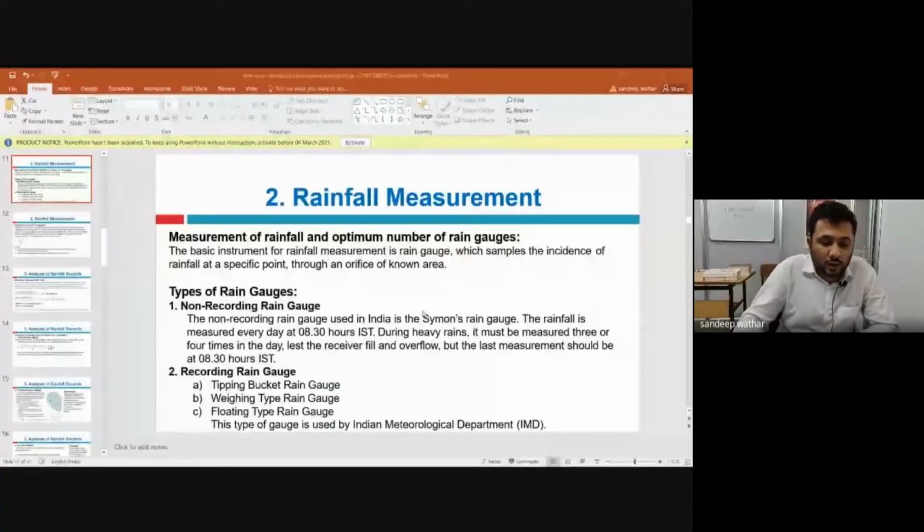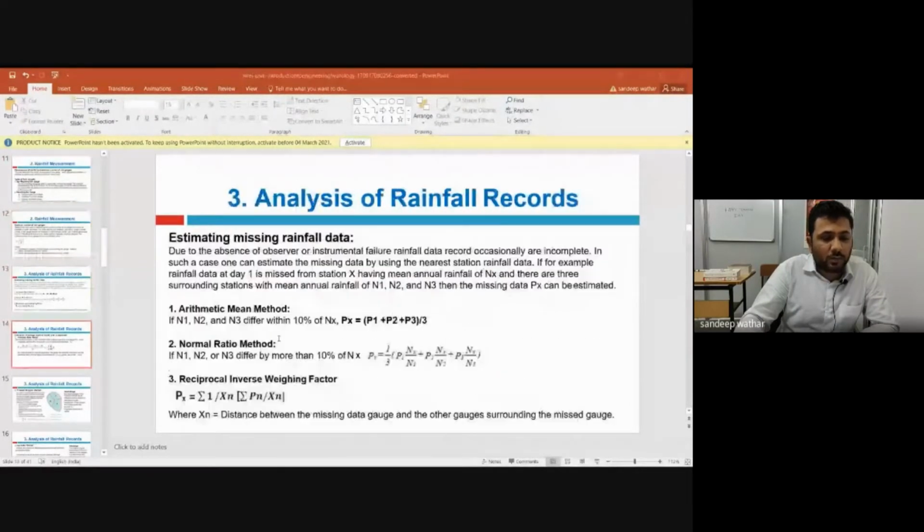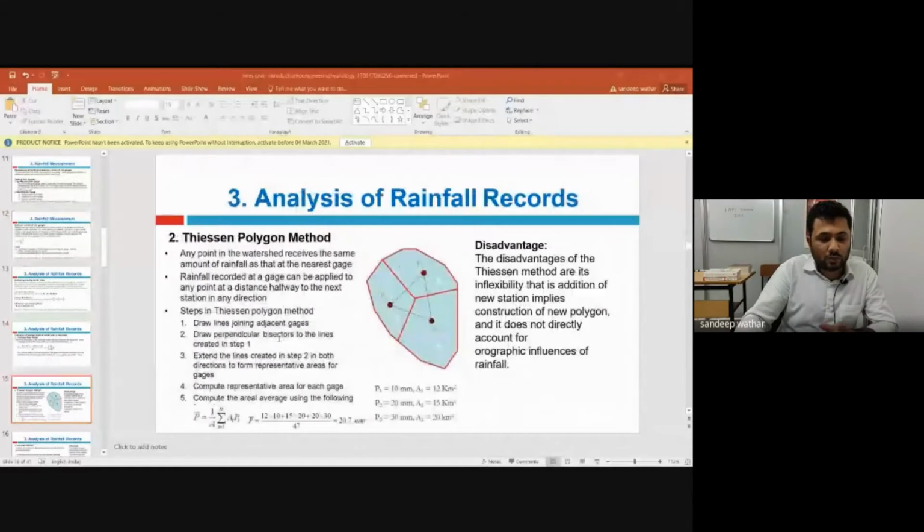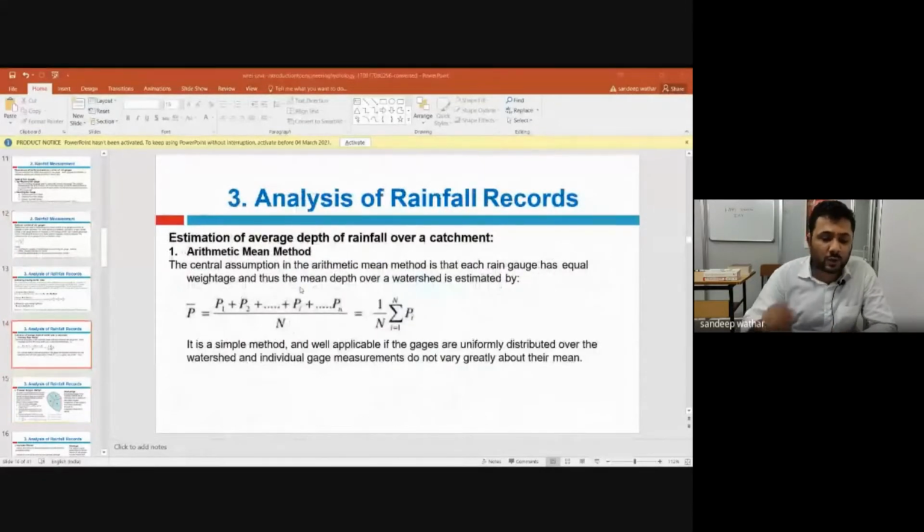Now next, what we'll do is try to understand how we represent the rainfall. How do we record the rainfall? We'll come back to this part of how to evaluate how many values are required. Before that, we'll try to analyze the rainfall records. To understand this, I'll go back to the website which I showed you earlier to explain the spatial and temporal distribution of rainfall. I had shown you a website.